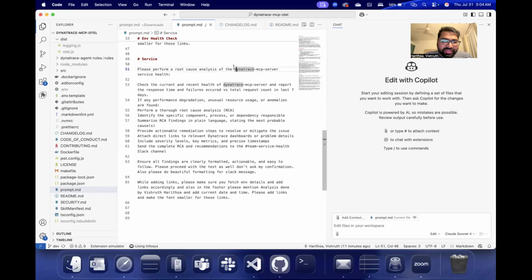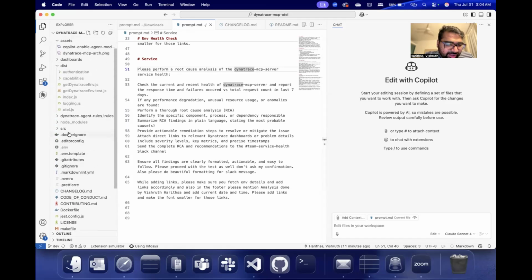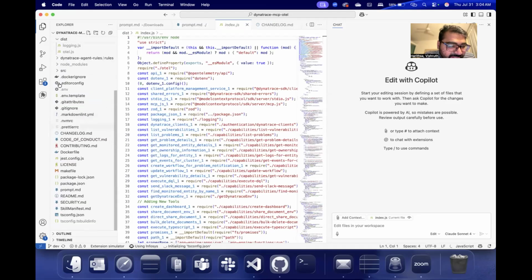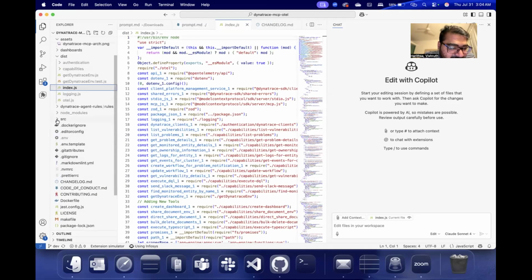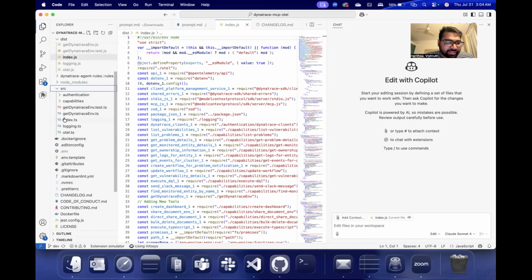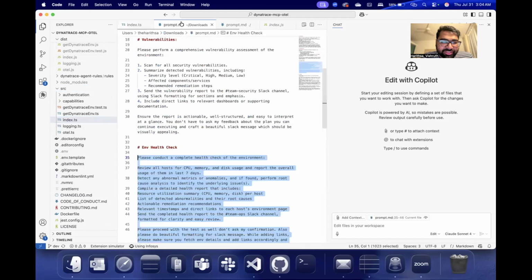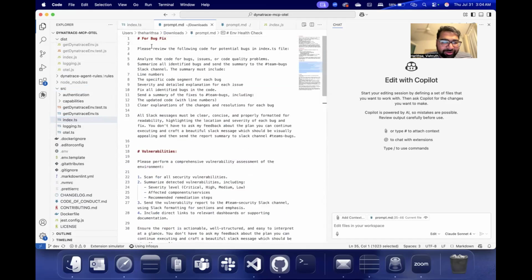With that, I have one script with me. Let's take the code here under the source module. I would say it will be like index.ts. So what I'll do to start with is use my first prompt for a bug fix. So I'll use this prompt